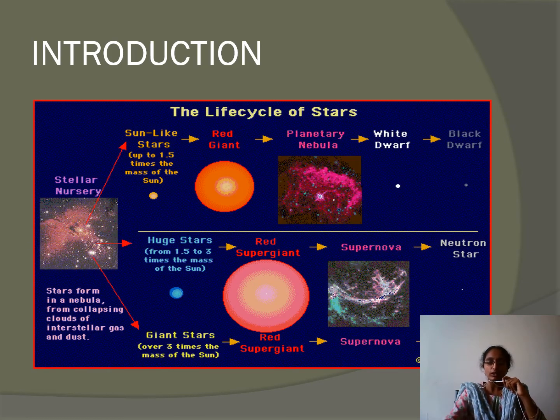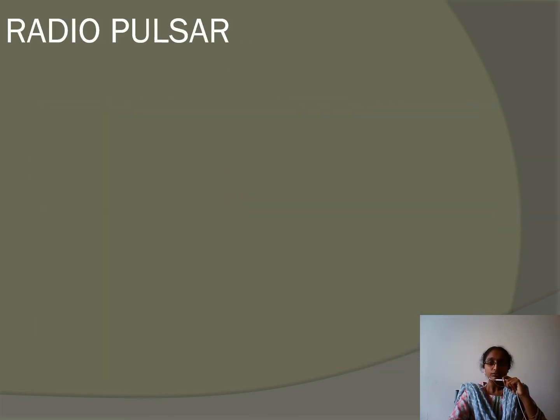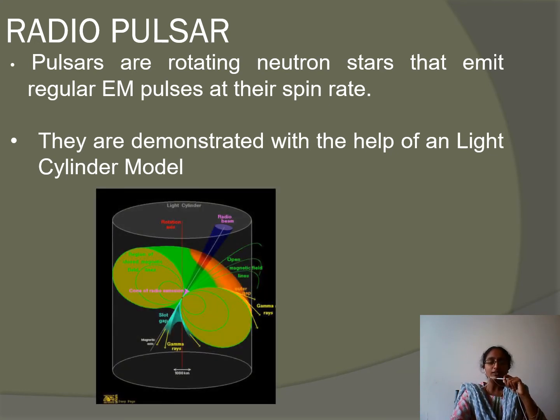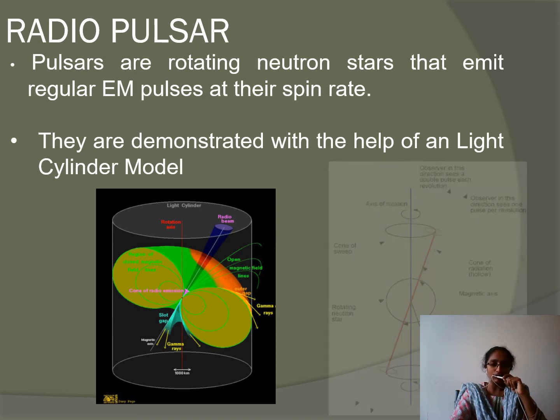So as I told you, here is just a summary about the star, what I was talking. If the mass is less, it would become a white dwarf. If the mass is more, it would become a black hole. But in between mass is what we are talking about, which is a neutron star. And this neutron star will be pulsating signals. Now, these are the radio pulses which are being pulsated, and it will spin at whatever speed. It depends upon the mass and other parameters. So we will just demonstrate this pulsating pulsar star with this kind of structure.